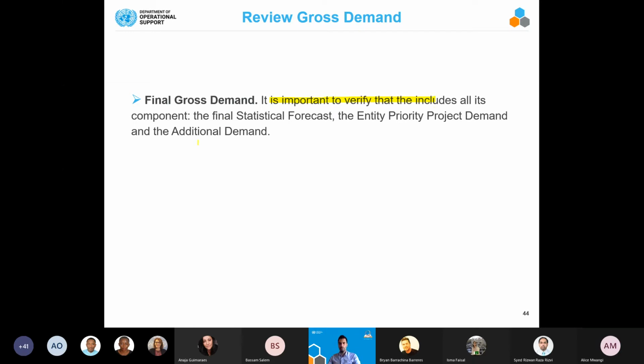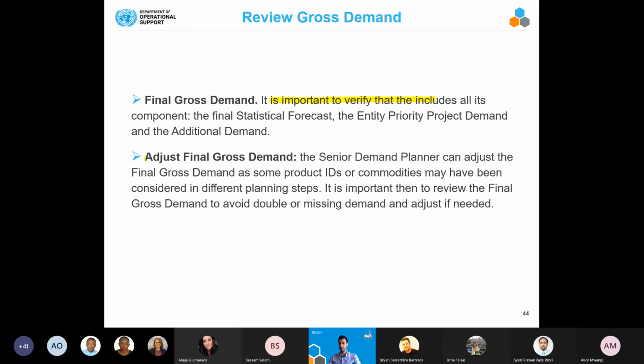So for every product, we will be able to see its statistical forecast, its entity priority demand, and its additional demand. And now it will be possible to adjust the final gross demand. As we said, it is the senior demand planner who typically can do it for some of the products, and it's important to review that, because it may happen that based on the goods issuance pattern, you may have also